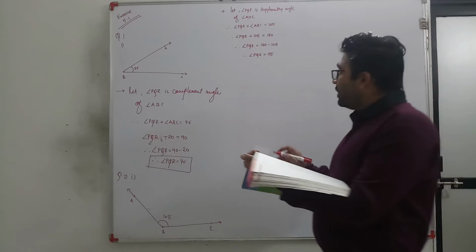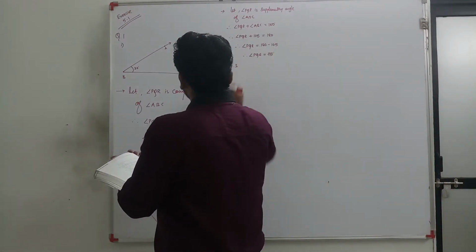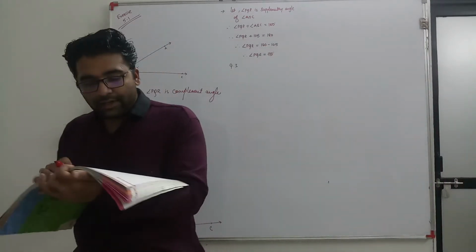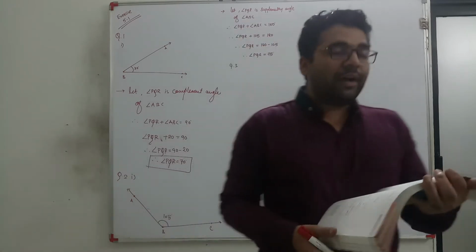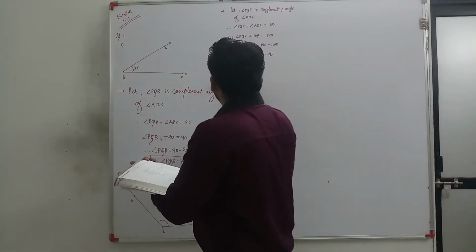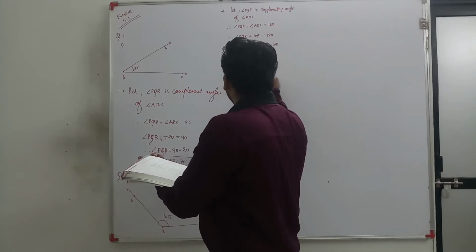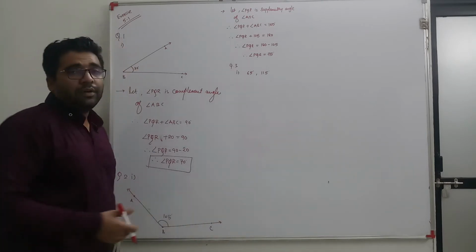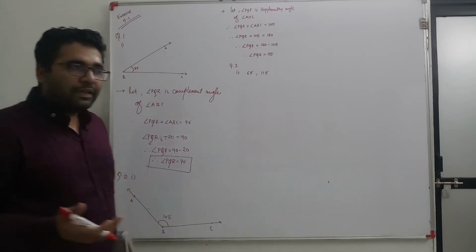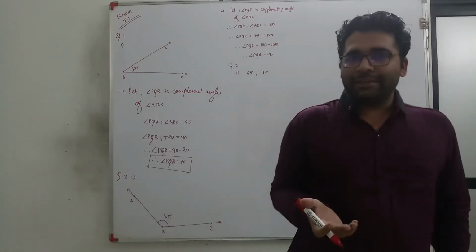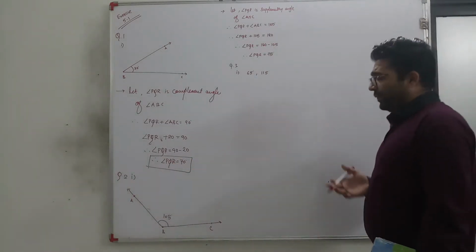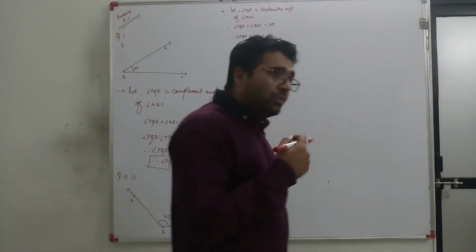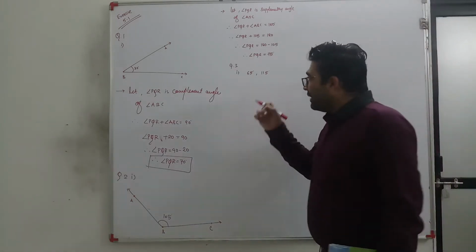When we move toward question number 3, they have said to identify which of the following pairs of angles are complementary and which are supplementary. So the question is like this. First, it is 65 degree and 115 degree. What do I need to solve? How do I solve this? It is very easy. When you add the angles, if you get 90, then it is a complementary angle, and if you get 180, then it is a supplementary angle. But how to represent it, how to solve it? Let me see.